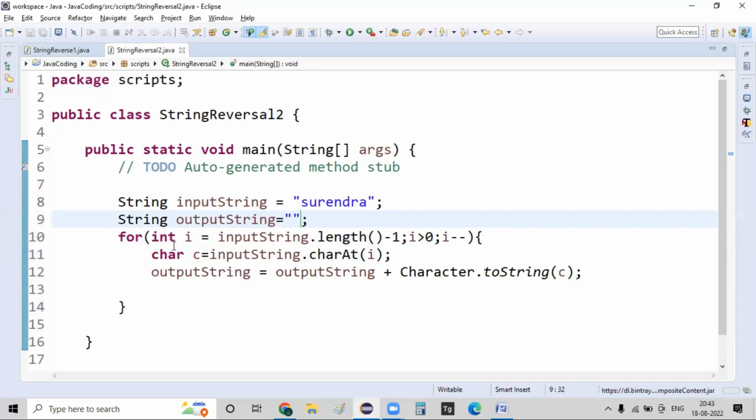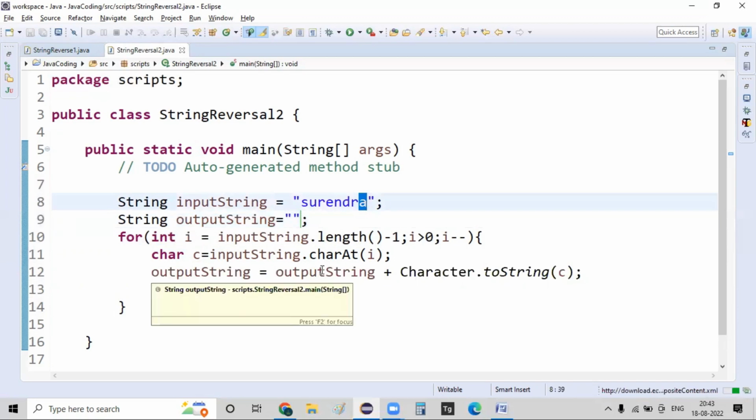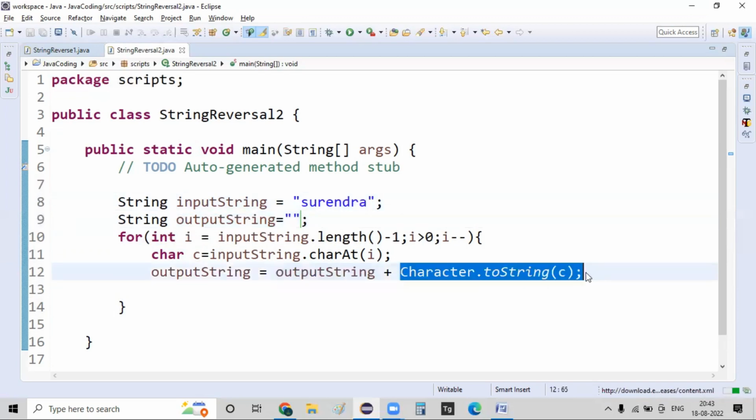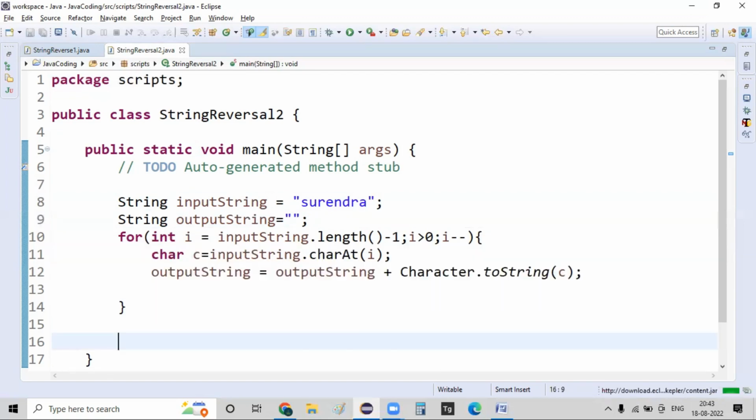At the very first time, whenever the for loop gets executed, the last character is a. To the output string, there is nothing here, so a will be appended first. So the output string contains a, and when the second time the loop gets executed, r will be retrieved. As we already have a in that, to the a, r will be appended. The whole cycle will rotate. And once we are done with the for loop,